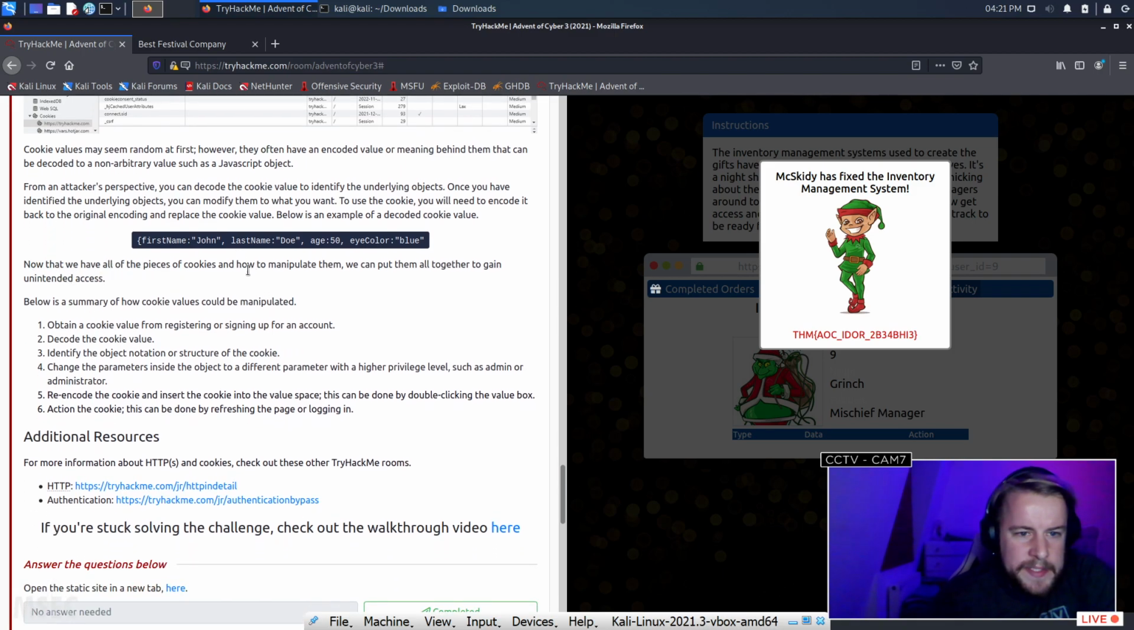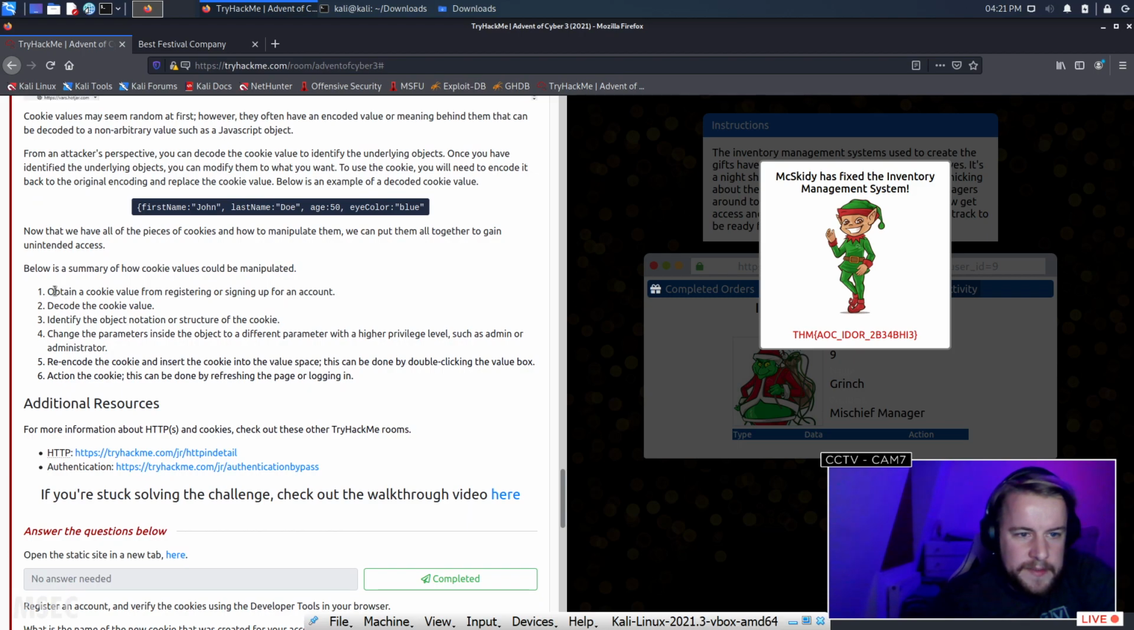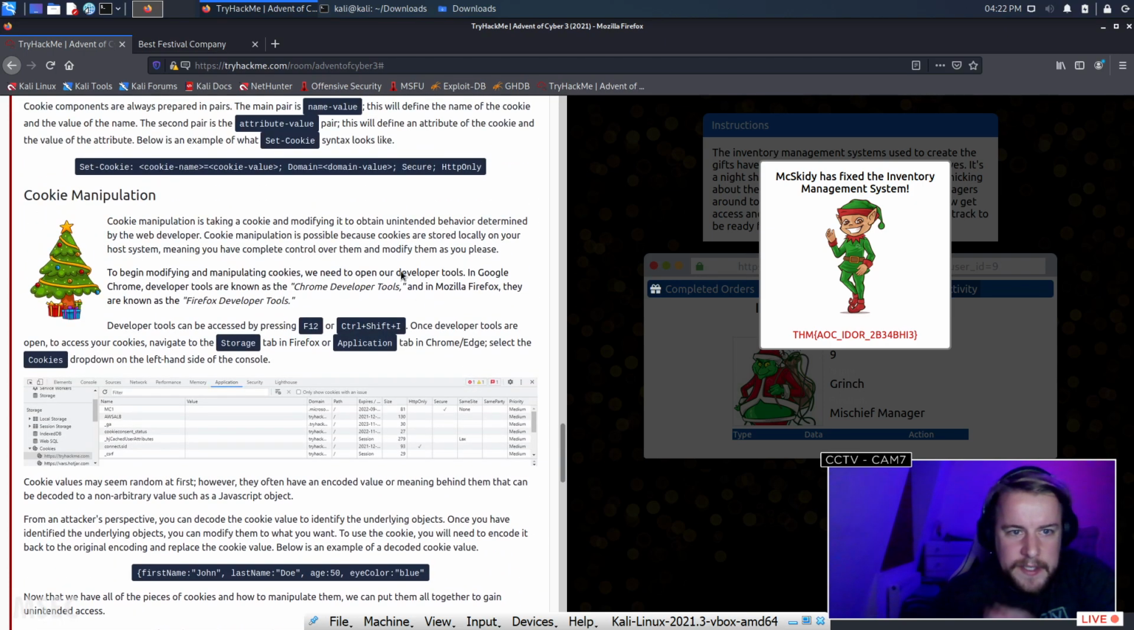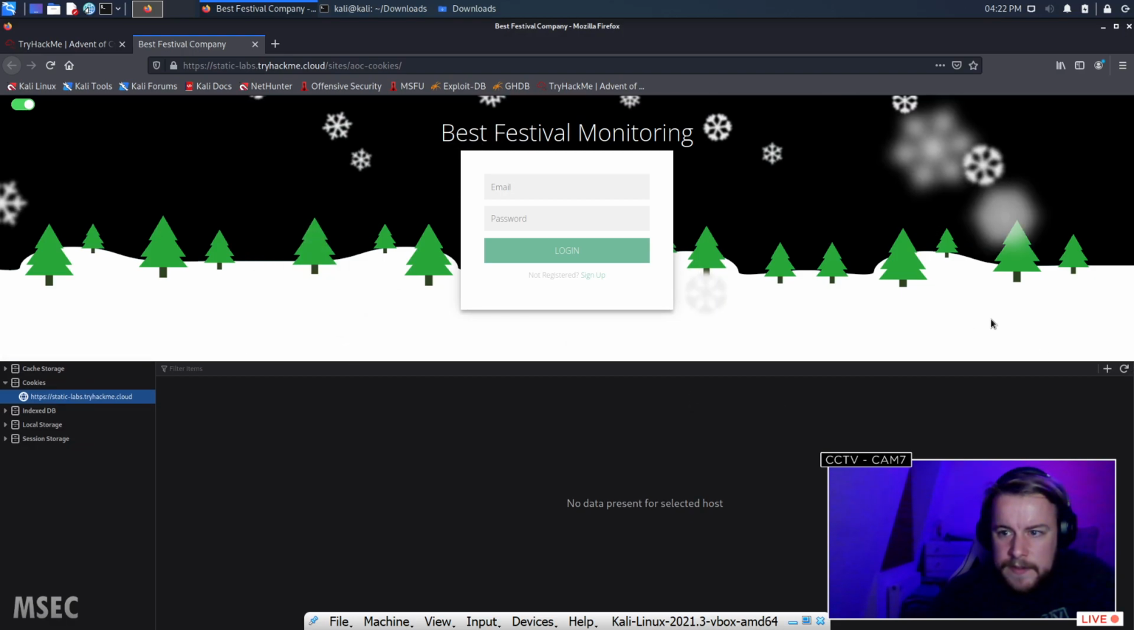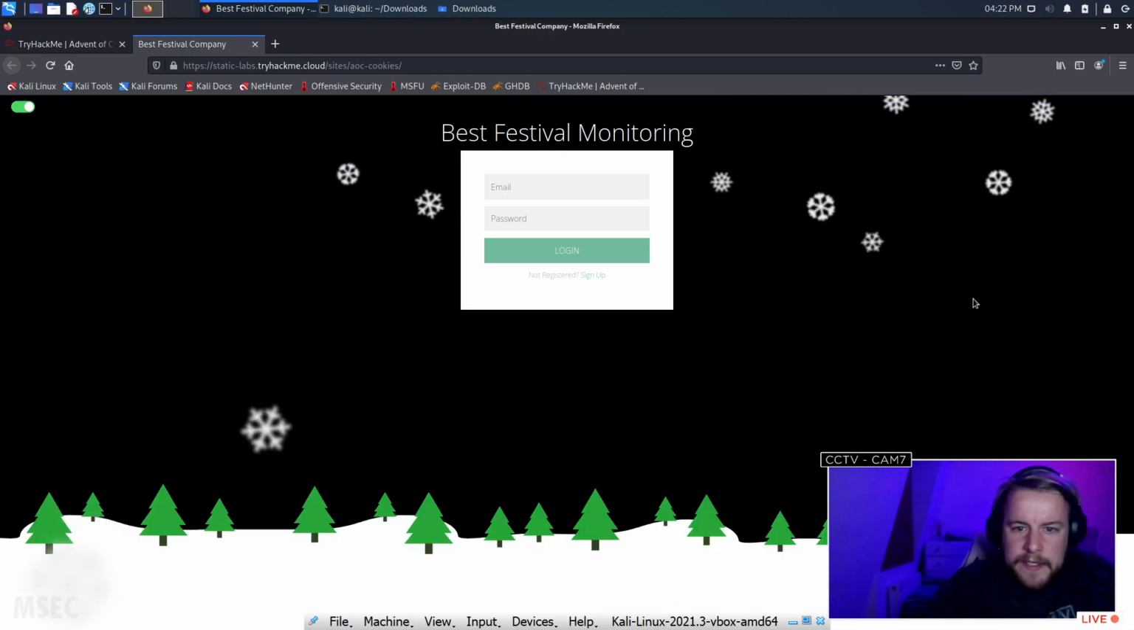Now we have all the pieces of the cookie and how to manipulate them. We can put them together to gain unintended access. So we're going to obtain a cookie from registering. And we'll do that. So let's get rid of this thing. It should be another one. So yeah, if I close this, you can either press F12,